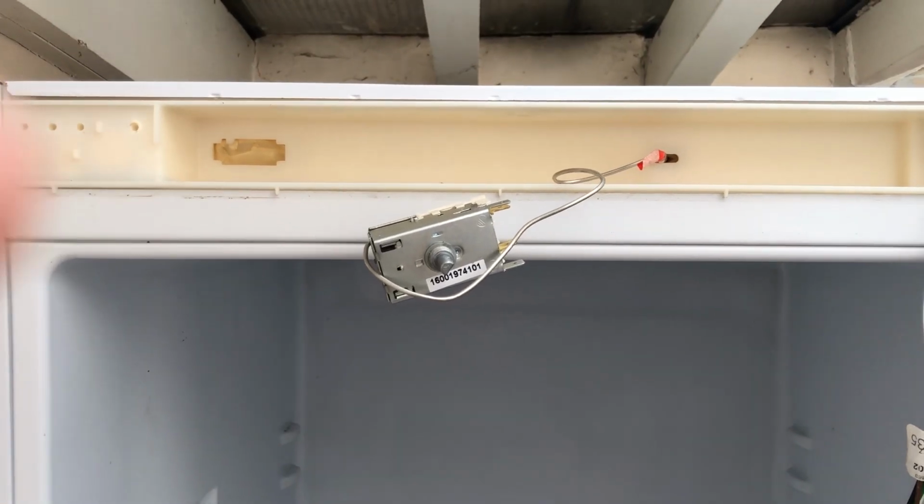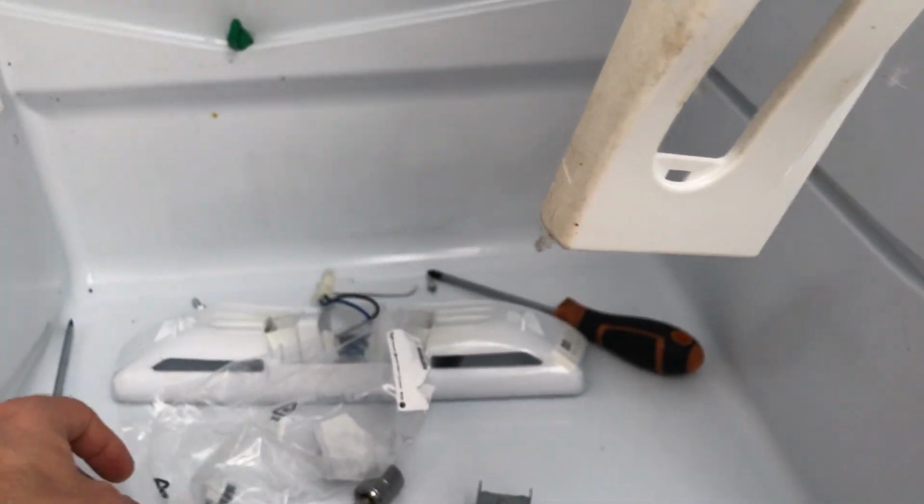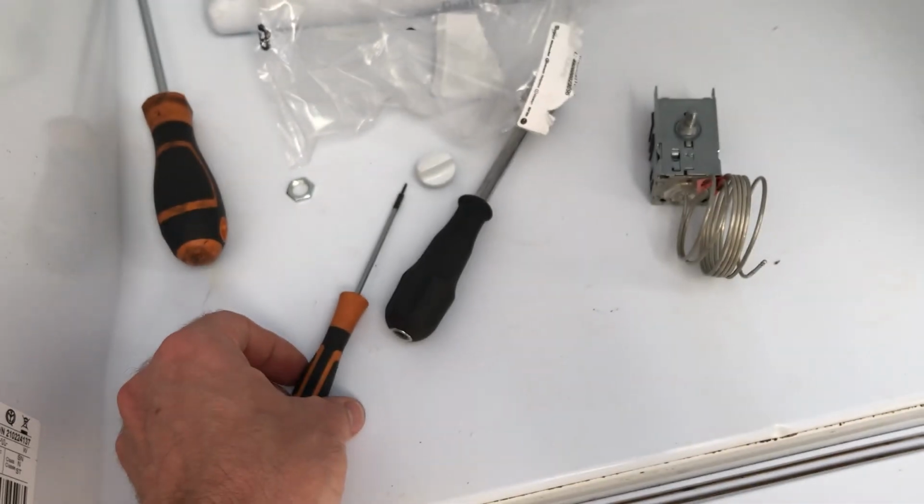Okay, so I made a little bit of progress. Thought I'd do an interim clip now. So I managed to pull the old dial off the front. To do that, I needed a really fine flat bladed screwdriver to get that out. So that then came out, and that allowed me to remove this old nut which was holding the thermostat in